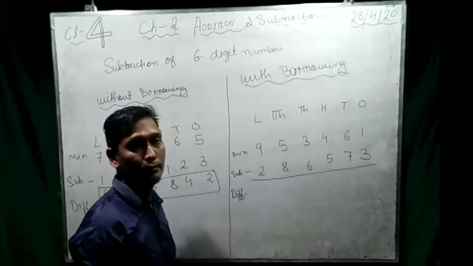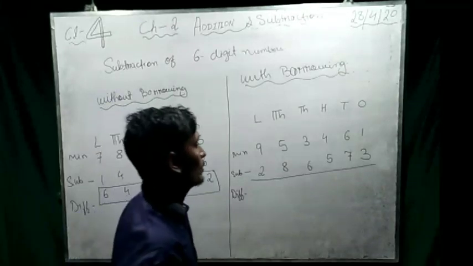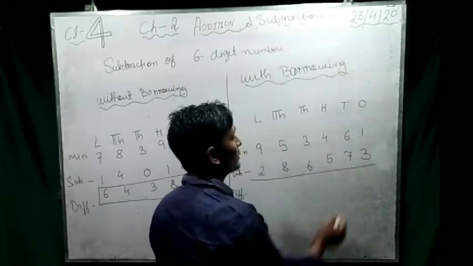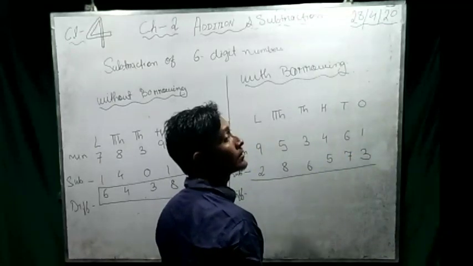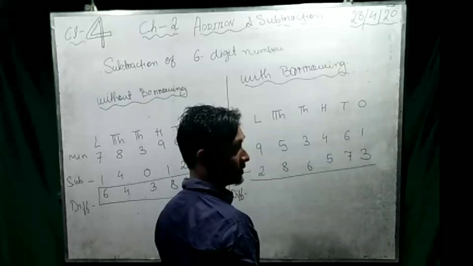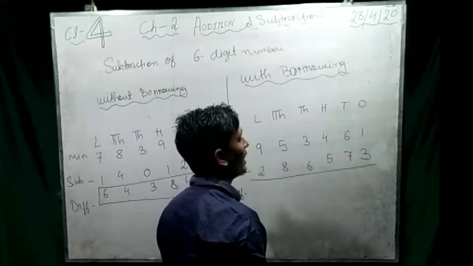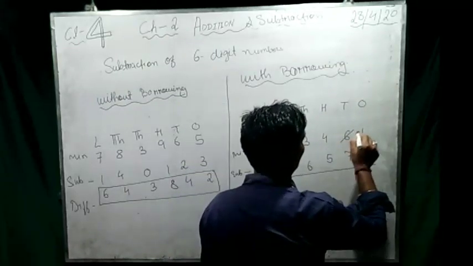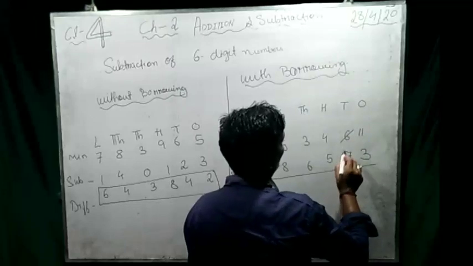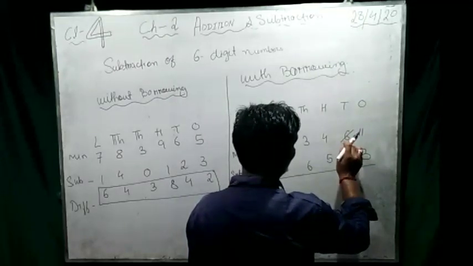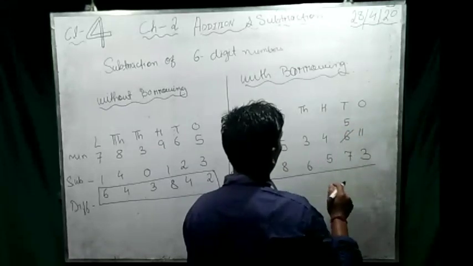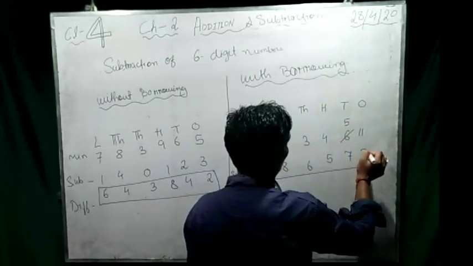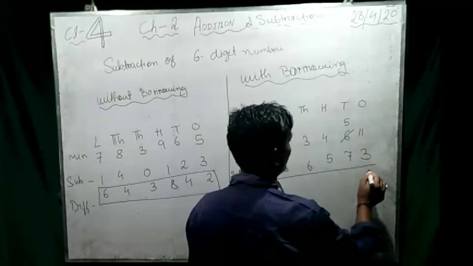That is why we have to take borrow. So see here, we can do minus 1, 3 from 1, can we do? No. So we have to borrow from 6. So borrow it and cut your 6 and write what is left here. If you are taking 1 from 6, then 5. So 11 minus 3 is how much?